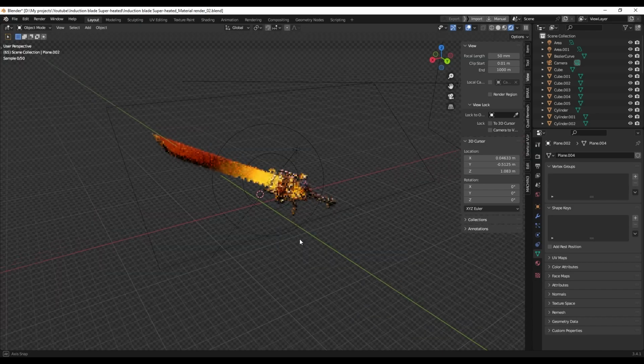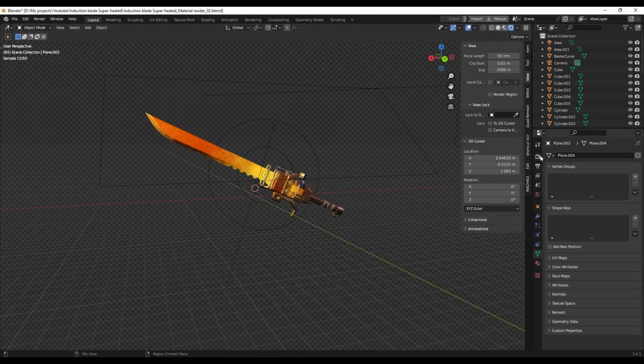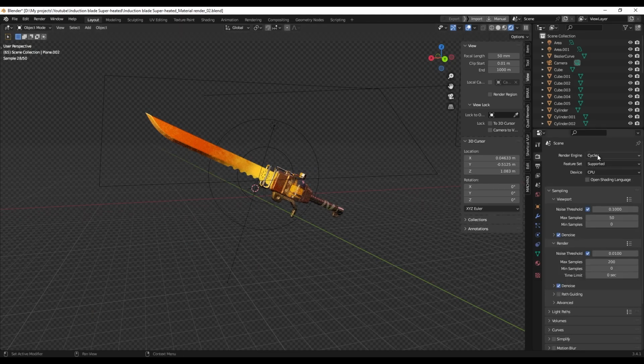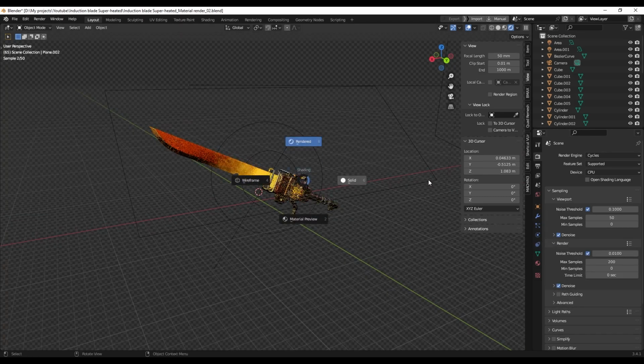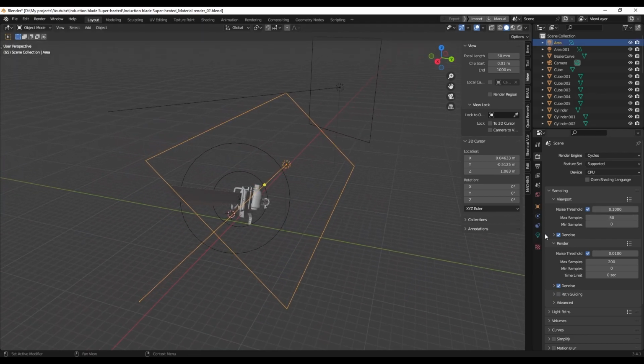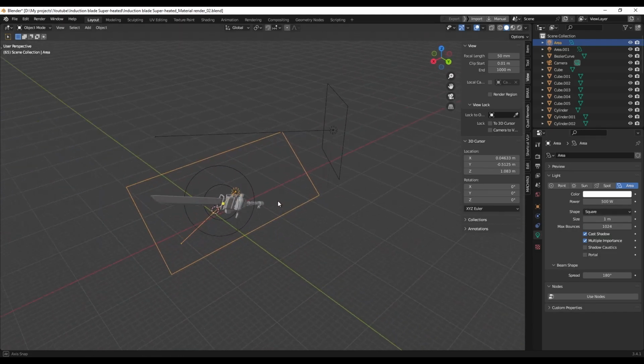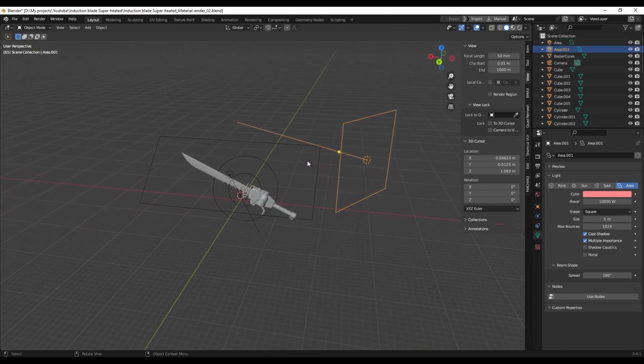So I made a pretty simple scene. I'm going to show you, but first of all, you need to put your render engine to Cycles, and I'm using 50 samples for the viewport and also denoising after the 50 samples. So this is very basic: an area light here with power of 500. Also another area light here with power of 10,000. It's pretty high,